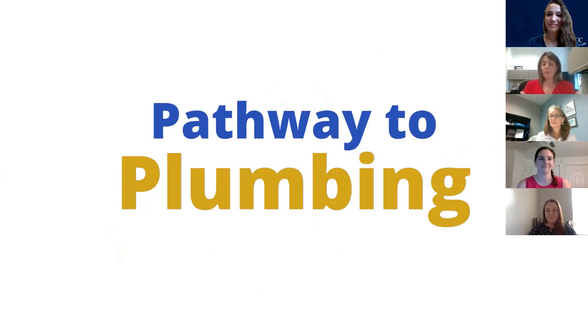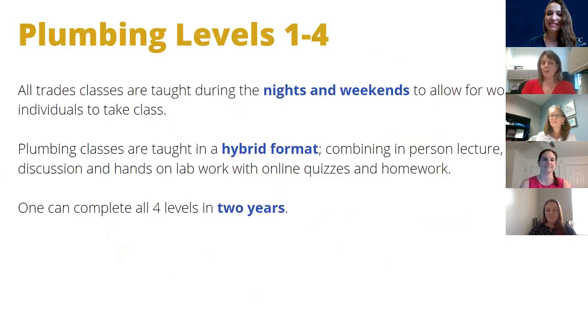Pathway to plumbing. I've already mentioned pipe layers and heavy equipment operating. So I'm going to get to that with plumbing, but one of the things that you'll learn as you listen to what I have to say about plumbing and HEO, and then what Tracy will say later about electrical and some of the other classes, is they all stack and they're all interchangeable. So it can really make one very attractive to employers and open many, many doors as you grow with